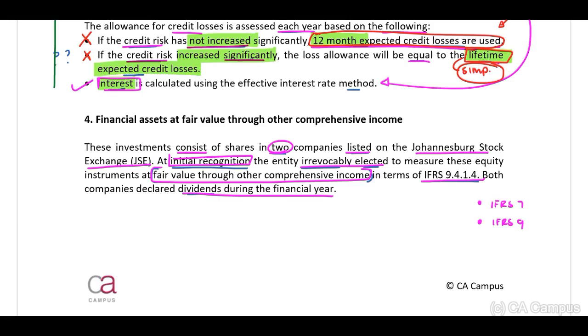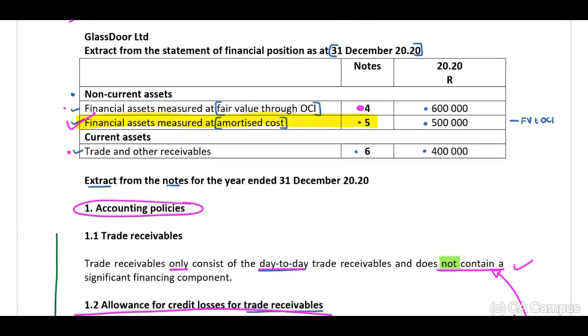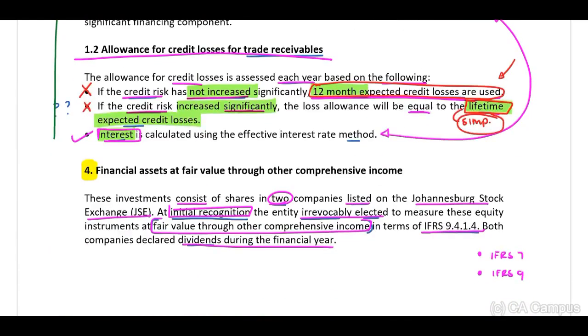Okay, so what I will do is, remember, this is part of the policy still, or no, this is a note. Sorry, I'm lying to you. This is a note because when we look at the extract financial assets measured at fair value through OCI, note 4. This is not a policy, it's a note. Apologies, guys. Okay, now let's view IFRS 7, the contents page, because obviously in terms of a note, we need